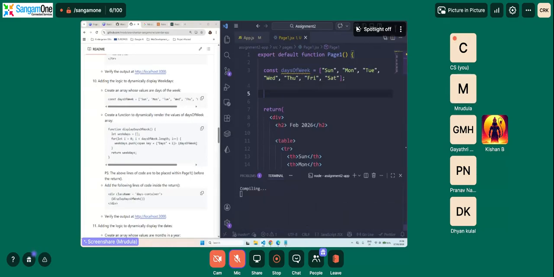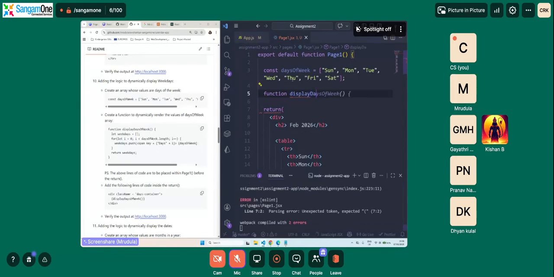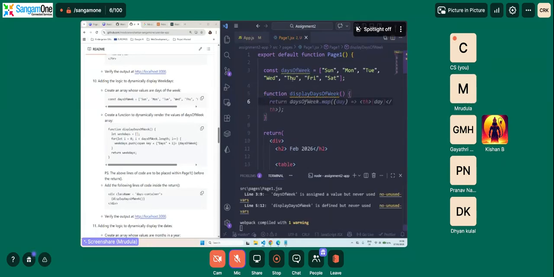So for that, we have function displayDaysOfWeek, and then we will say, okay, one important thing here. Okay, no, we will look through everything. Okay, but there needs to be an empty array in the beginning. Okay, so we will have it as let weekDays is equal to an empty array.